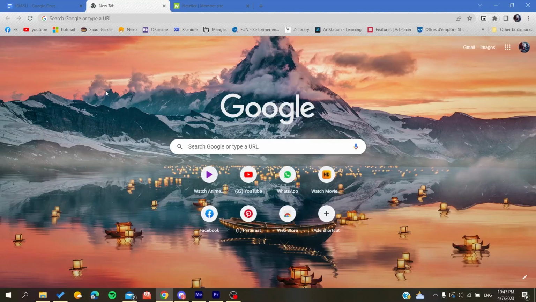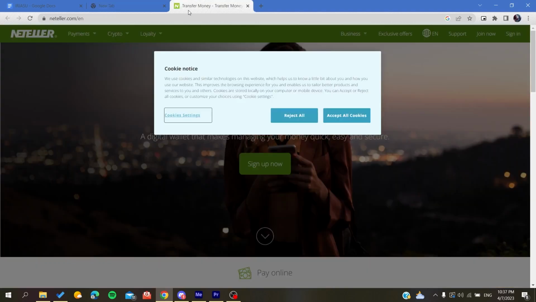In today's tutorial I'm going to show you how long it takes to withdraw your money in the Neteller application. So the first thing that I want you to do is to access your browser. It can be Google Chrome, Edge or anything, and then you will go to this neteller.com website and accept the